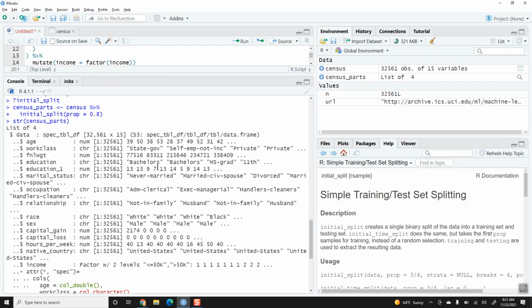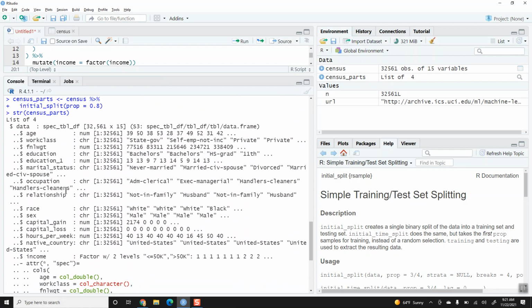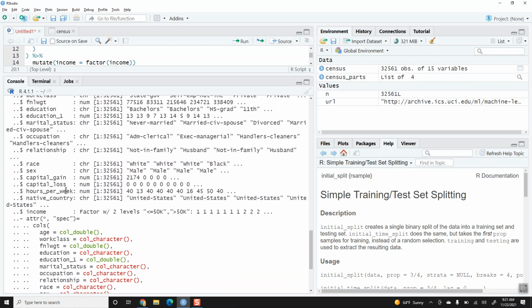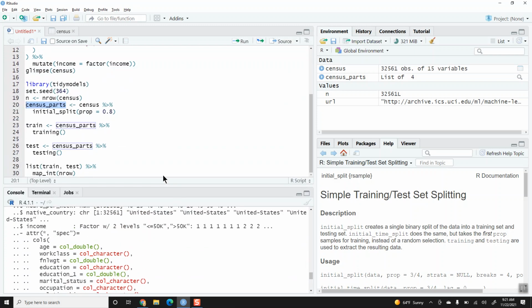It's quite a big list. All right, well, here's the data. We have a list of 4. The first part is the data itself. Then it's got a list of indexes, an output, and an ID, and basically we're going to take that,